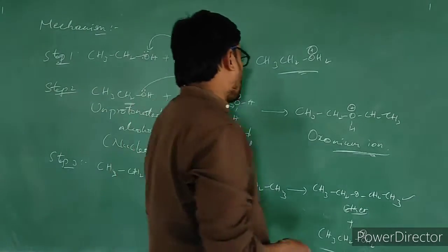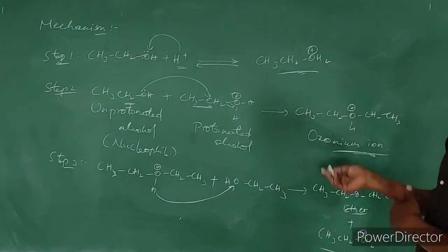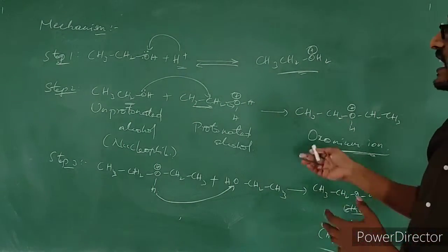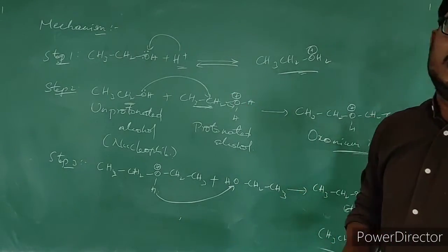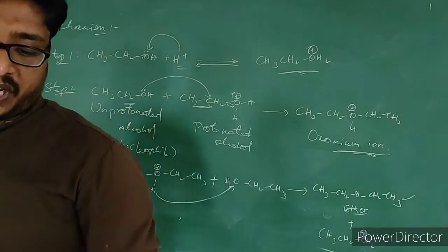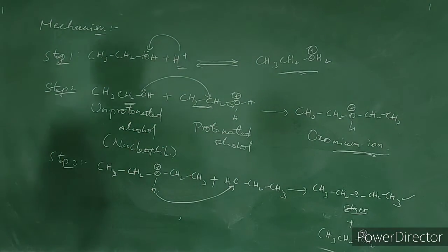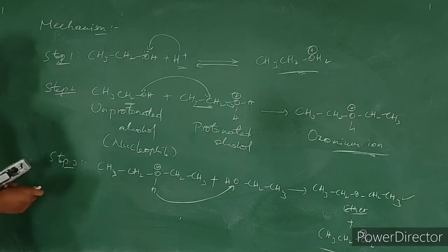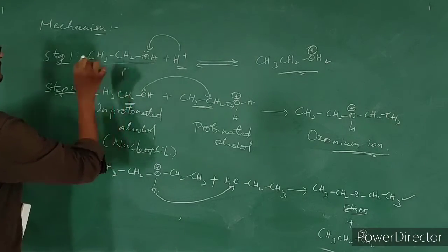So this is how ether gets produced by the acid catalyzed dehydration. You can see here water molecules are getting removed, that is why dehydration. Dehydration is taking place in the presence of an acid. So this is the preparation of ether. In this case, if you observe, we have taken the primary alcohol.